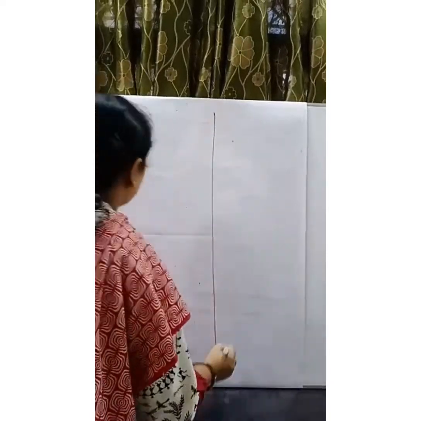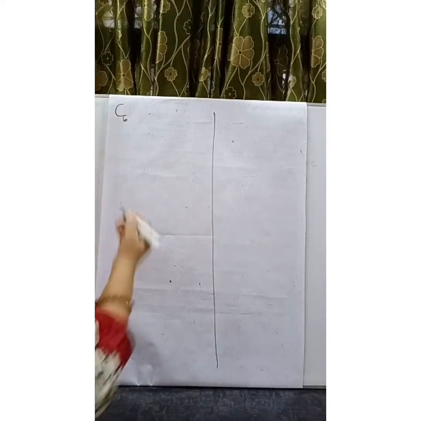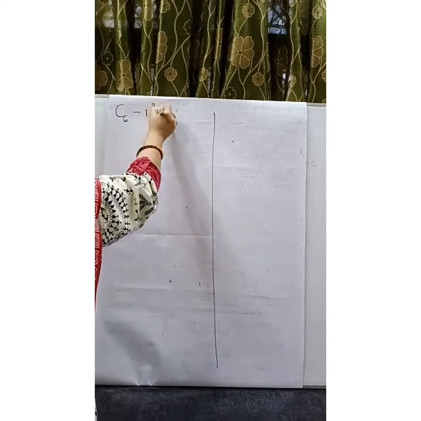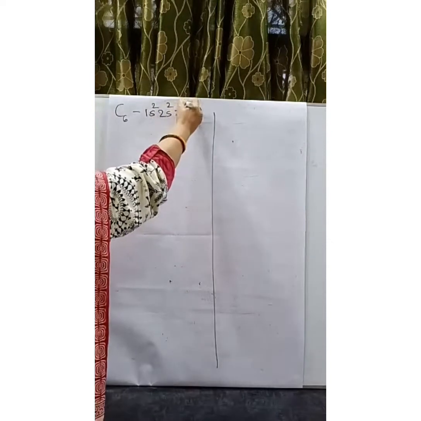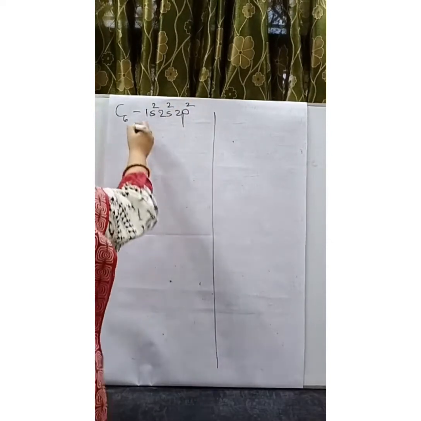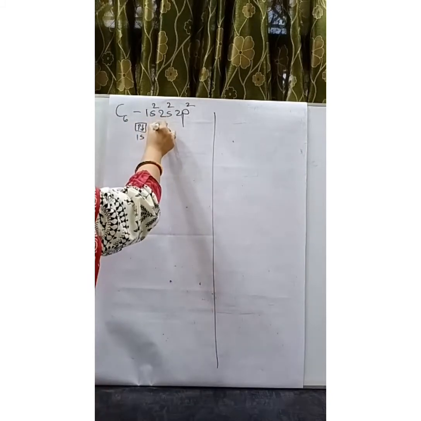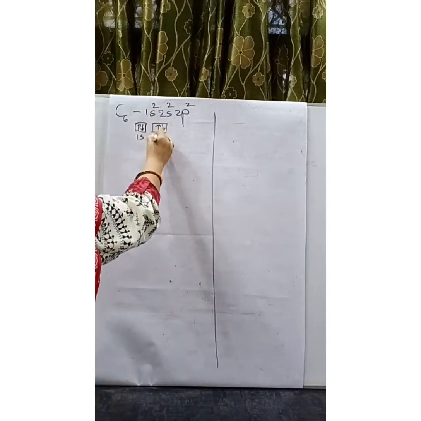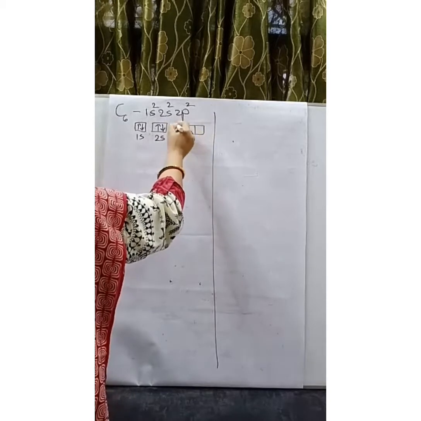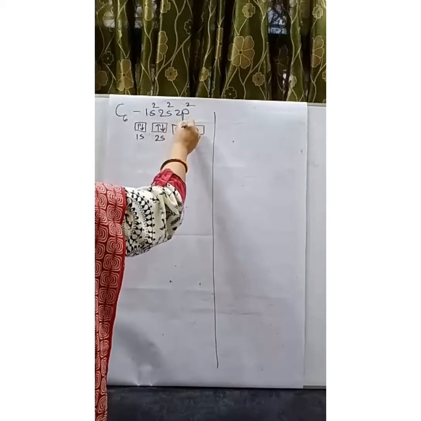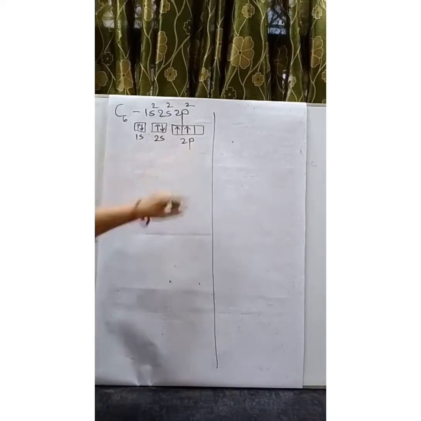After boron, the next one is carbon. Atomic number is 6. 1s2, 2s2, 2p2. 2 and 2 occupied. How many more left? 2 more left. So 1s has 2 electrons, which I have to draw with opposite spins. 2s has 2 electrons, and for p there are 3 suborbitals. One electron goes in the first, and the second one goes in the next orbital as per Hund's rule of maximum multiplicity.